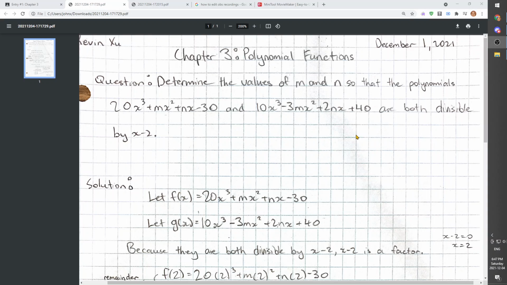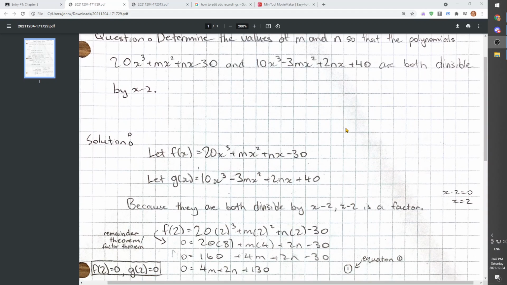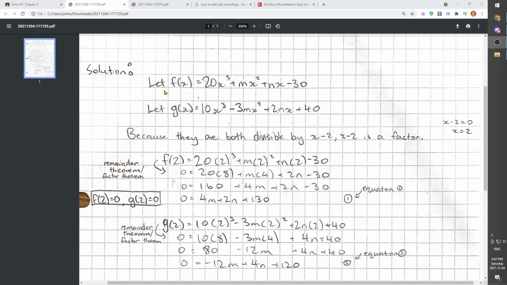So the question I chose was: determine the values of m and n so that the polynomials 20x cubed plus mx squared plus nx minus 30 and 10x cubed minus 3mx squared plus 2nx plus 40 are both divisible by x minus 2. So the first thing I did was let f of x equal 20x cubed plus